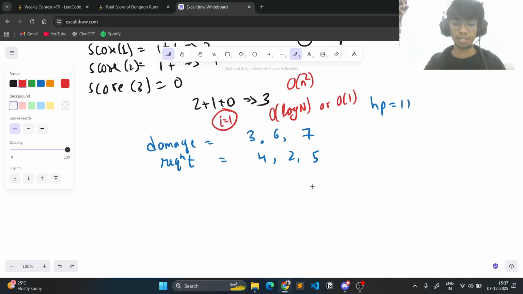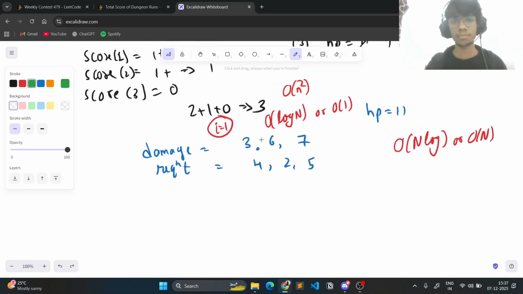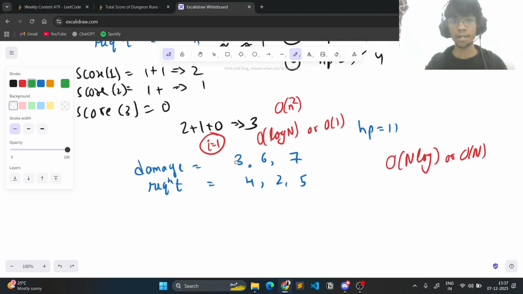So I need to do something like that. If I can do something like that, then this problem would indeed be solved in n log n or n. But you'll see we cannot do anything like this, at least according to me. I think we cannot do anything like that, because how will you figure out how many